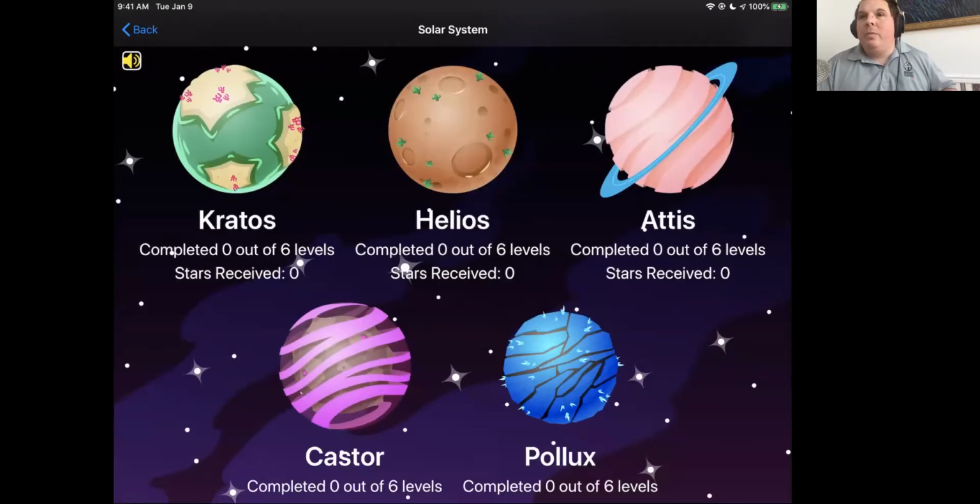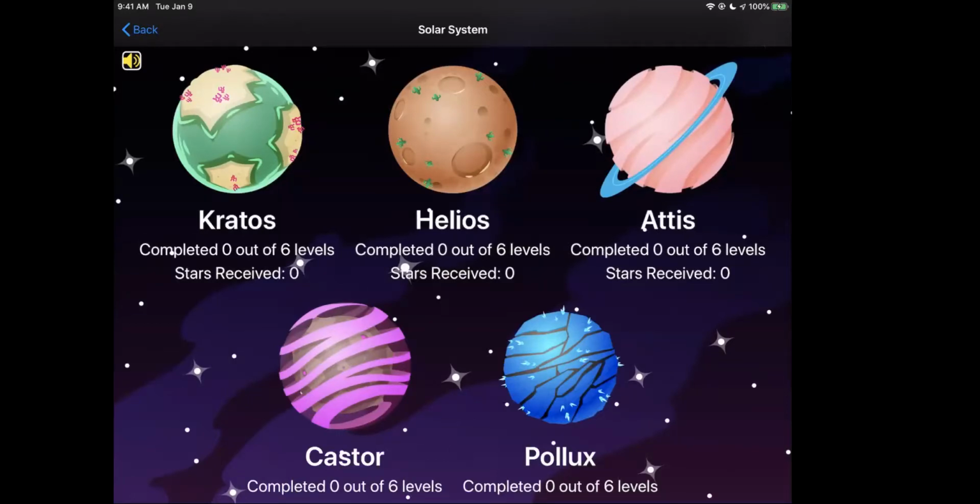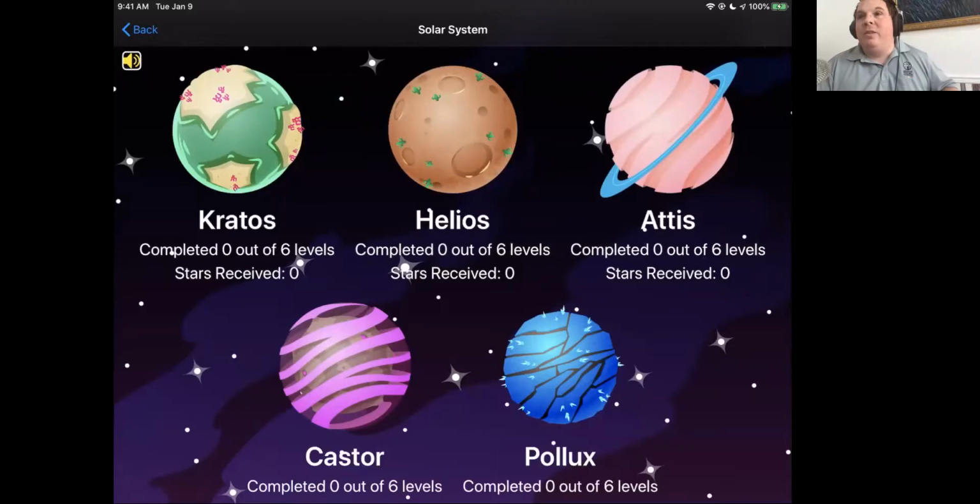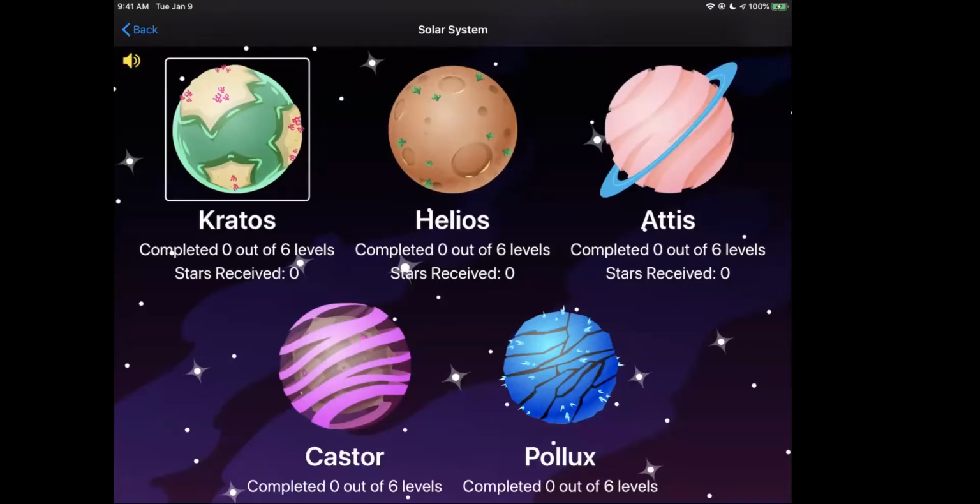Tap here to get your assignment. Planet Kratos. Buckle up. It's 3, 2, 1. Five new planets were discovered at the edge of the known universe by scientists from the Intergalactic Space Agency. You must now use the remote interface to your ZX5 computer to reach your ship and return home. Select a planet and start playing.